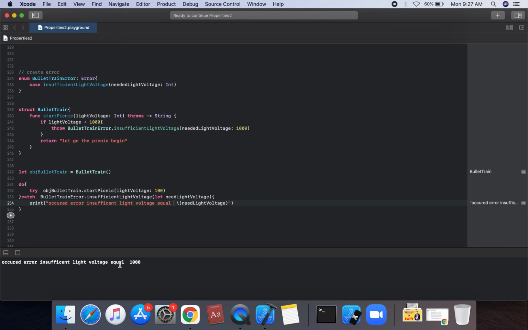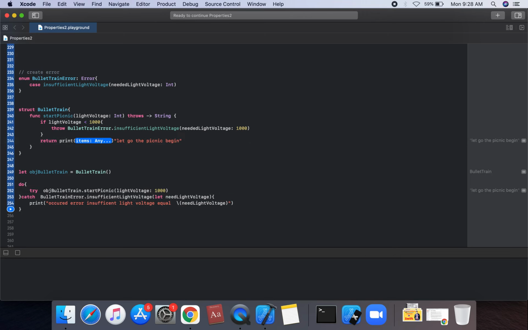Occurred error insufficient light voltage is 1000, our insufficient voltage is 100. Suppose 1000. So this is printed, not error. This function is run. So to let go print begin picnic, we can use a print statement, and we can assign this error. So we can run this statement.